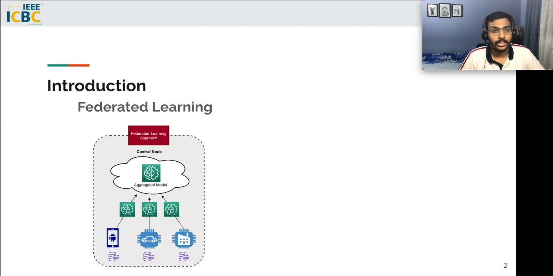In FL, there exists a server that maintains a global model, and whenever clients are ready to train, the server sends the global model to all these clients, where each client trains the model independently on their local dataset only. The clients then send back the model to the server that aggregates them using some aggregation strategy and updates the global model to a new version. This entire procedure runs in iterations, and such a framework is useful to collectively train a DNN model without explicitly